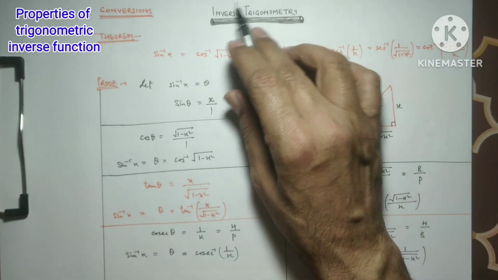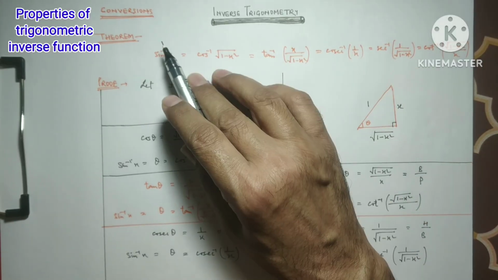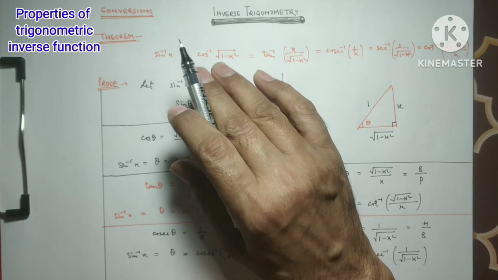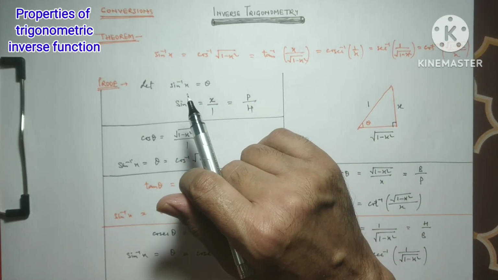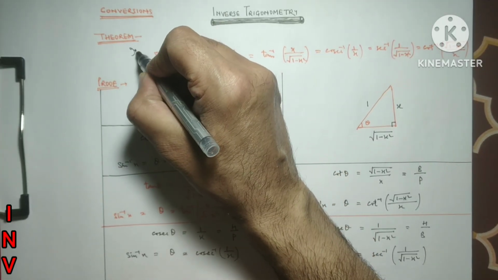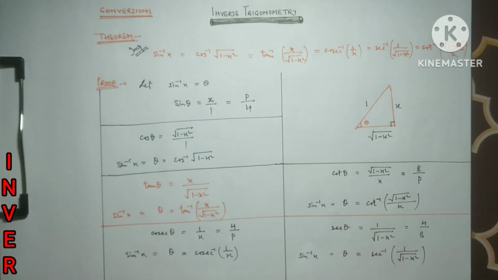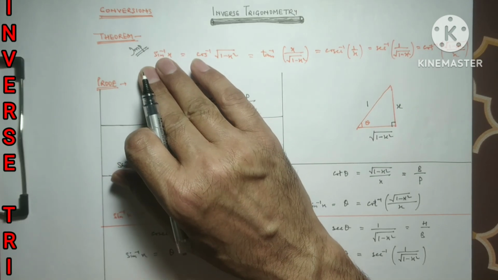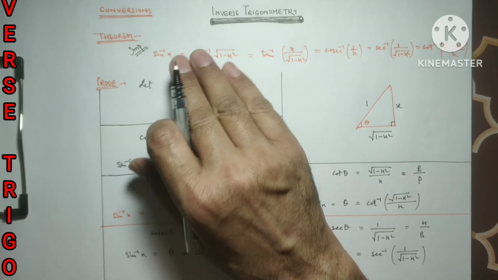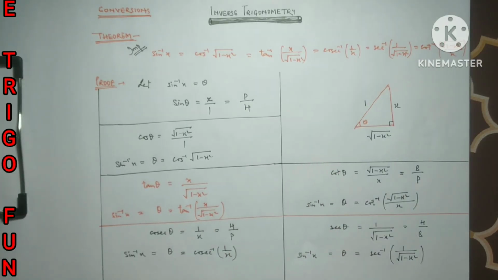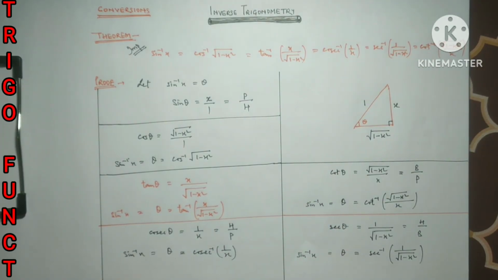And right now in inverse trigonometry we have any trigonometric inverse, and how will you convert this inverse in other trigonometric inverses? So this is a very important question or theorem. According to this, right now we are taking sine inverse x as a basic inverse, and we will modify this sine inverse x in terms of cos inverse, tan inverse, cosec inverse, sec inverse and cot inverse. So how will you do this?